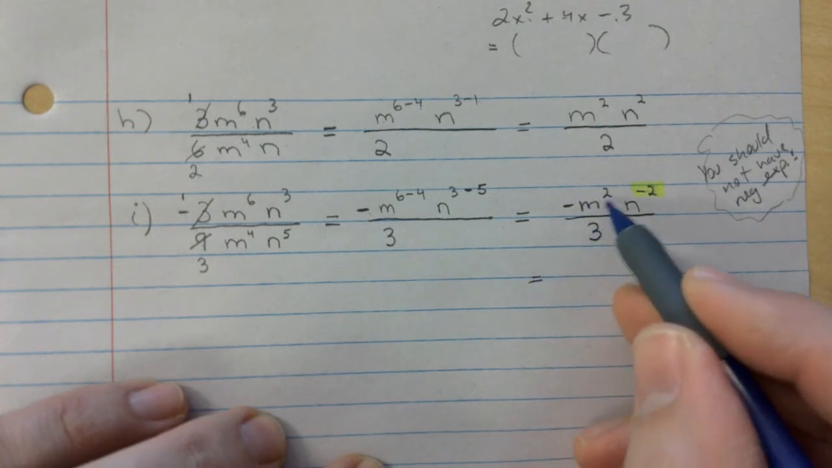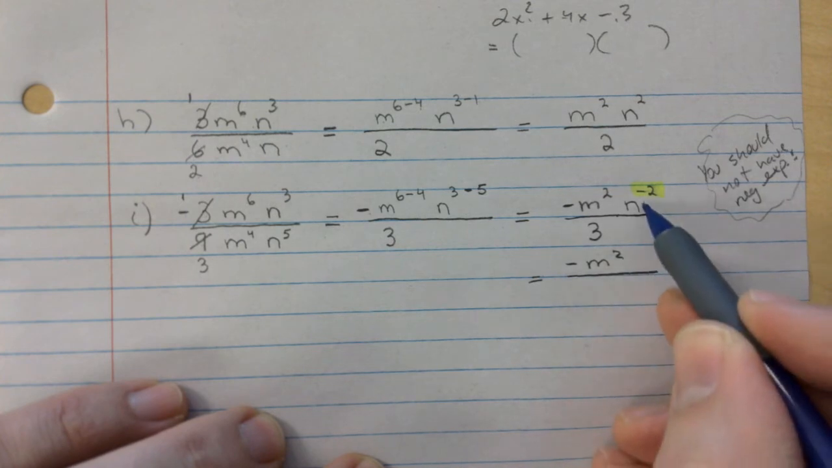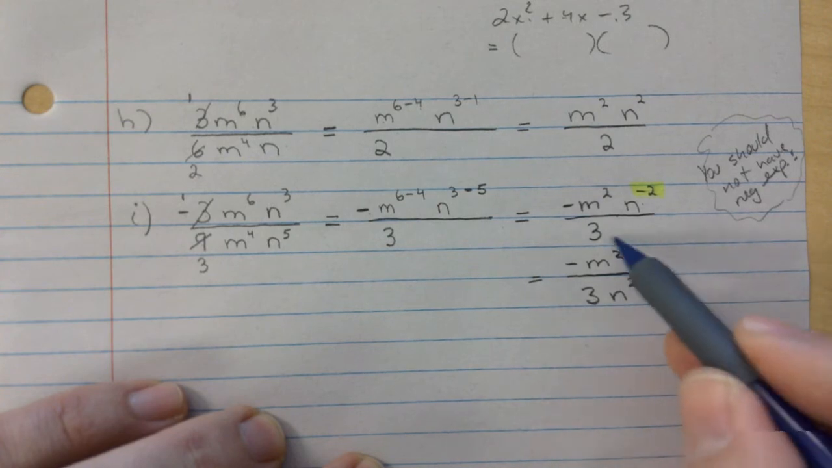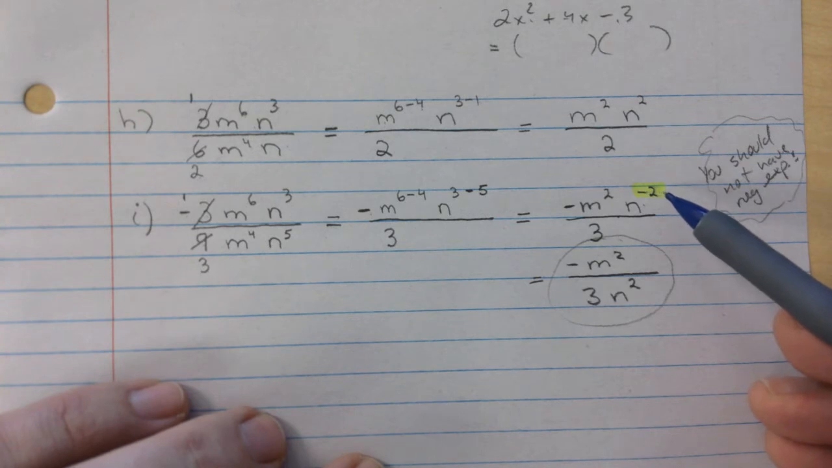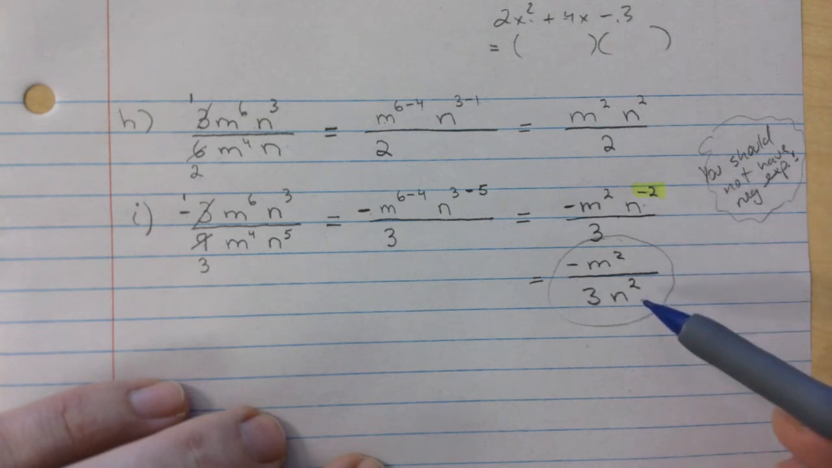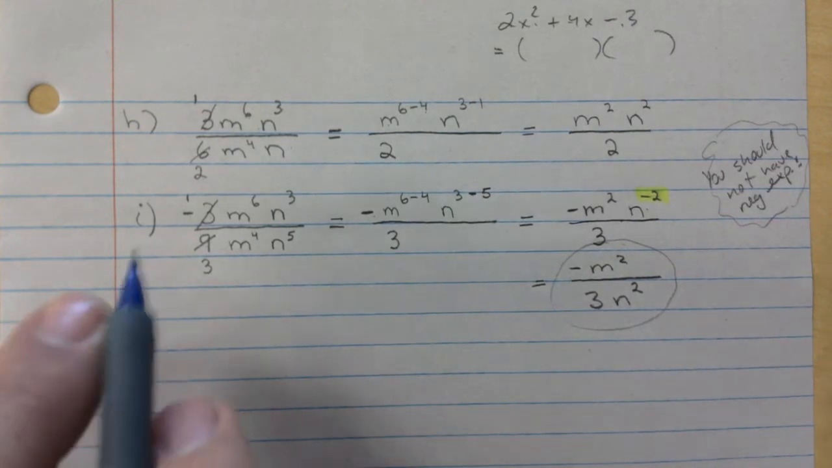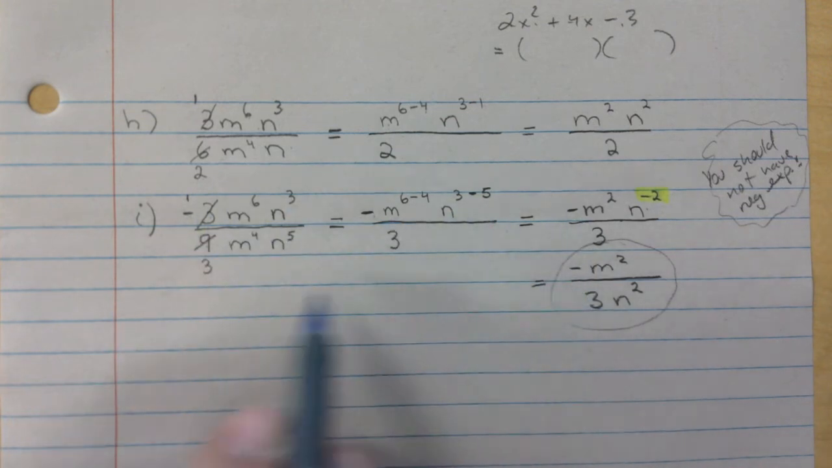So that means that the negative m squared stays in the numerator, but this guy is going to come down like this. This is the correct final answer. No negative exponents. If you do have any, just bring them down. Okay? And that's it. So we did not forget about our negative. We brought it with us every time. Okay? Let's do